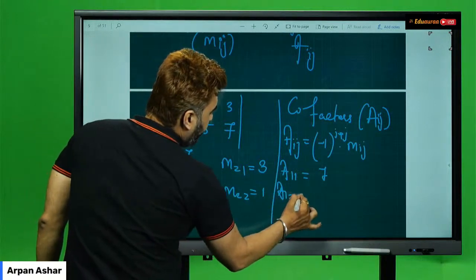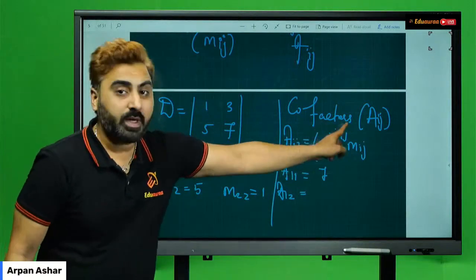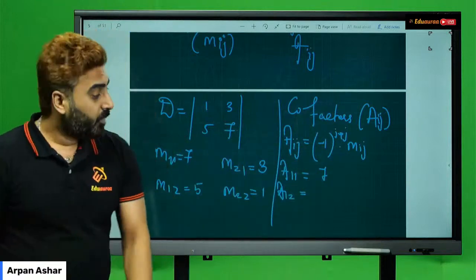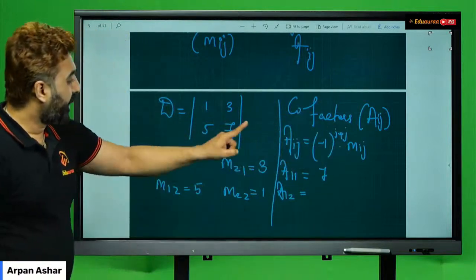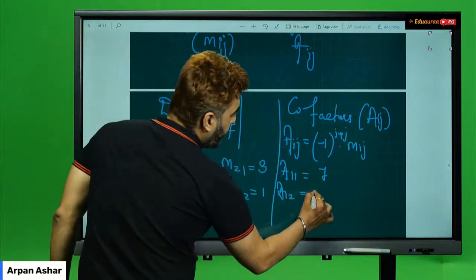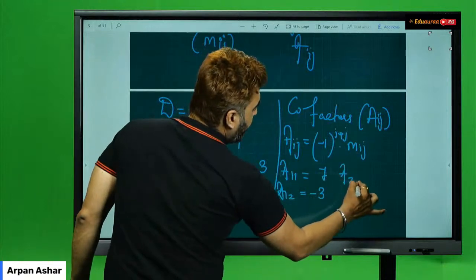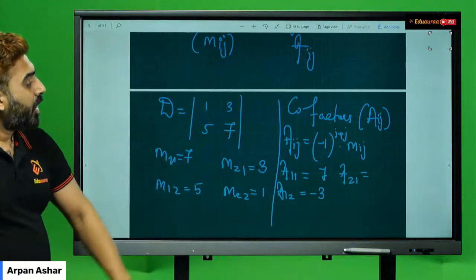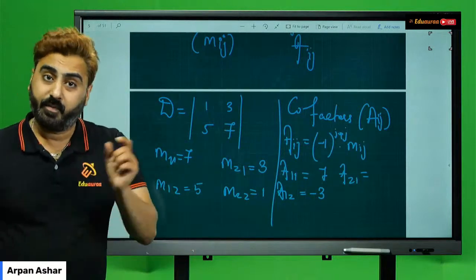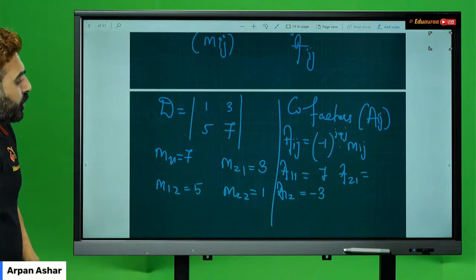A12 फाइंड करना है. So A12 फाइंड करने के लिए (-1) raised to 1 plus 2. 1 plus 2 is 3. (-1) raised to odd power is negative. M12 क्या होगा? M12 3 है. So minus into 3 हो जाएगा -3. Similarly A21 फाइंड करना है. So (-1) raised to 2 plus 1, that is (-1) raised to 3, negative. M21 क्या होगा? M21